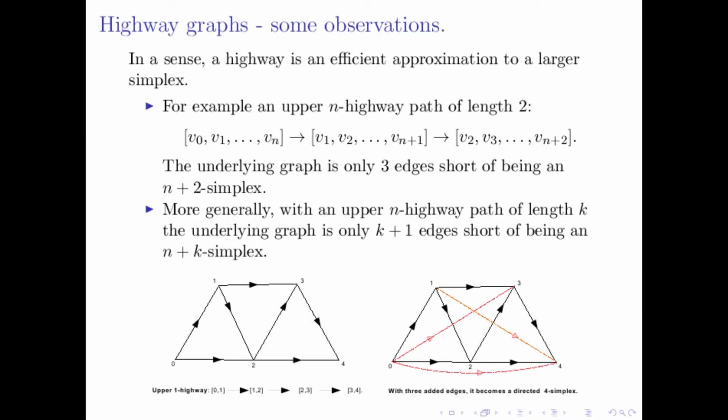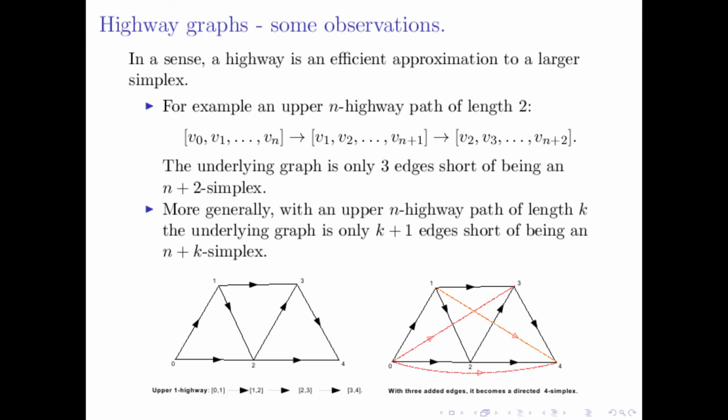Right, let's make some observations. So, what are these highways actually? I mean, we call them highways because it's a nice name, because we want to think about them as information pathways, etc. In fact, information pathways which are better than just neuron-to-neuron connection. So, well, one observation is that